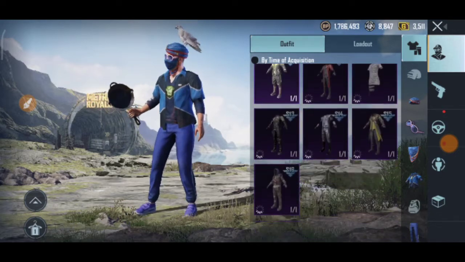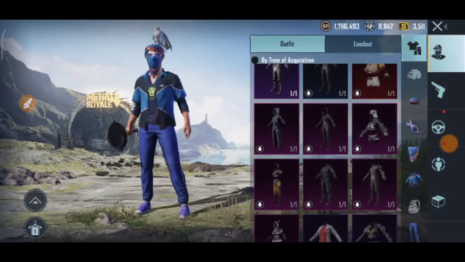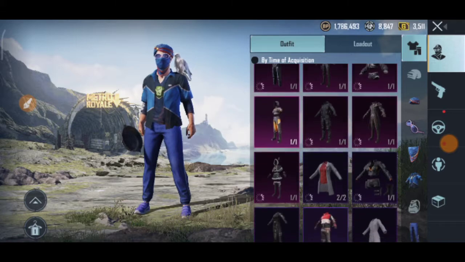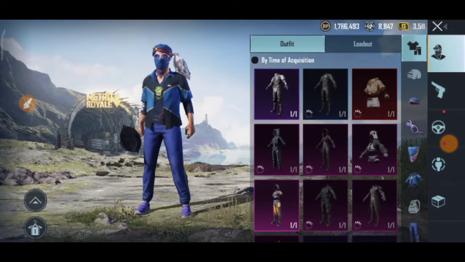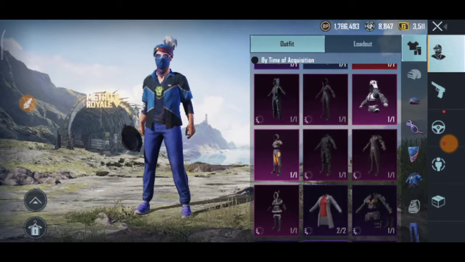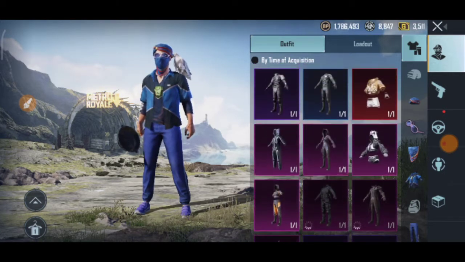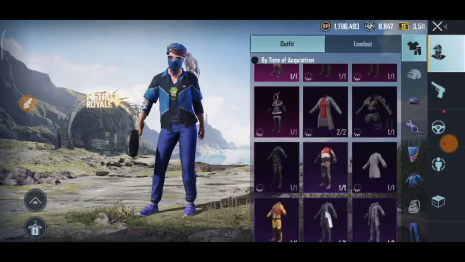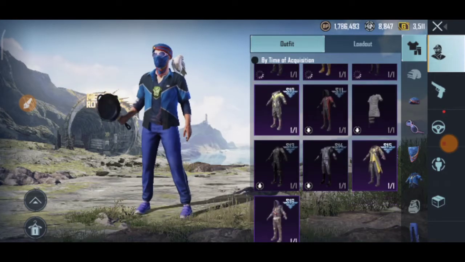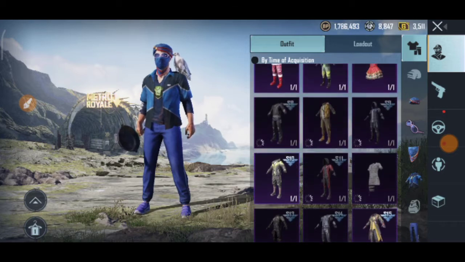For example, if I am using this dress, and you do not download this dress skin, it will not show to you in game. So let's download everything, every skin in this, and guns, everything everywhere, guns, skins, parachute skin, mask skin, every skin you have to download. Give it some time, it will depend upon your internet speed.